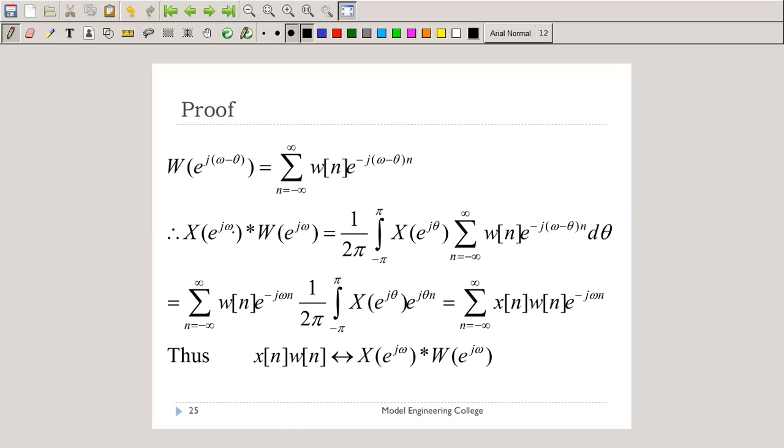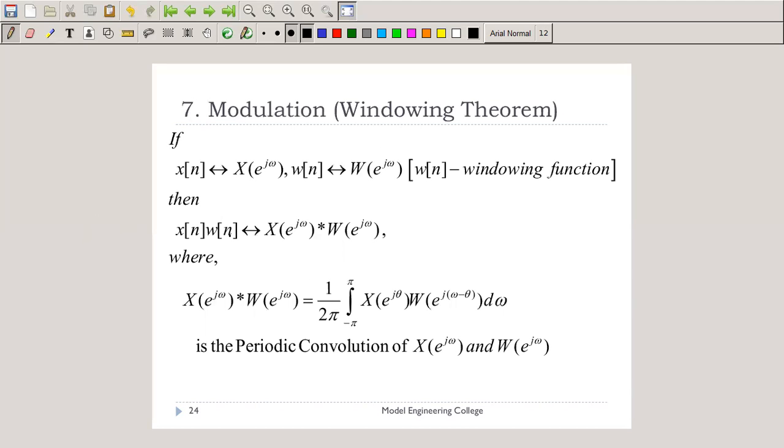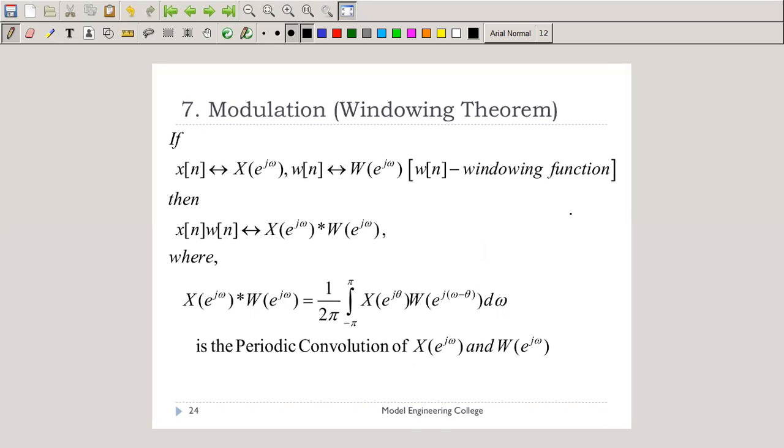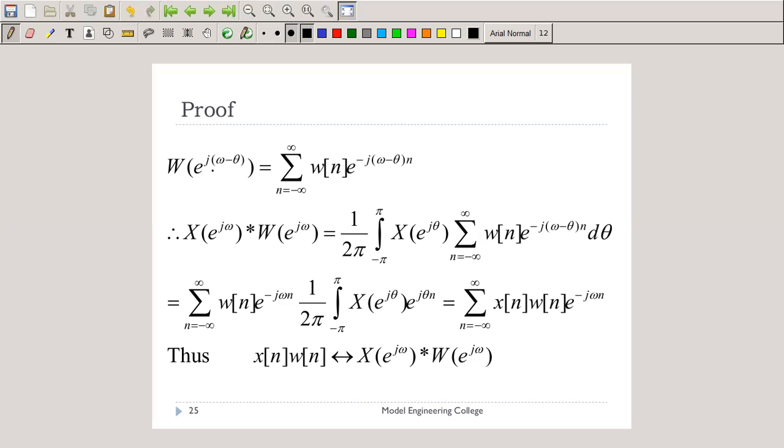Now, X(e^{jω}) convolved with W(e^{jω}). By definition, from the previous slide, this is the periodic convolution, which is equal to 1 by 2π integral from −π to π X(e^{jθ}). Now substitute for W(e^{j(ω−θ)}) from this expression: the sum of w(n) e^{−j(ω−θ)n} dθ. Now rearranging this equation,